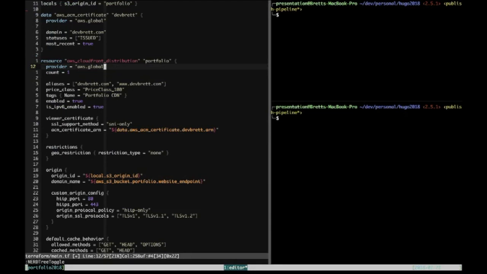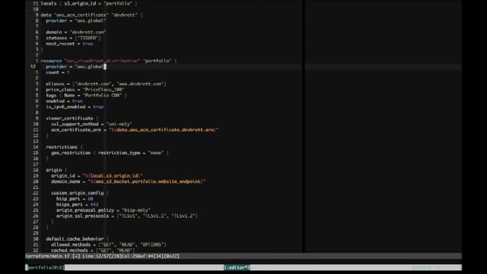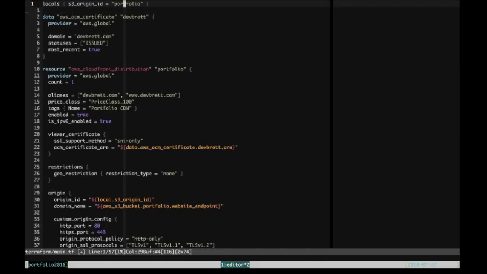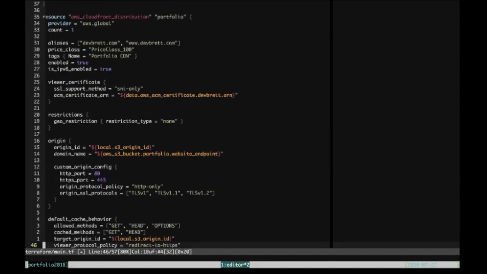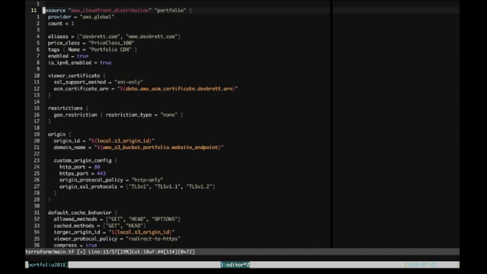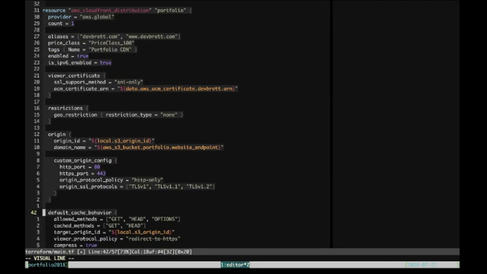Now the next step is to create an AWS CloudFront distribution resource in the Terraform project. Now that is going to point to our bucket, and I've just basically copied and pasted the example from the Terraform documentation, and specific attributes here are not too important, we'll go over those later, but the most important part here is that our origin is pointing to our AWS bucket website endpoint,